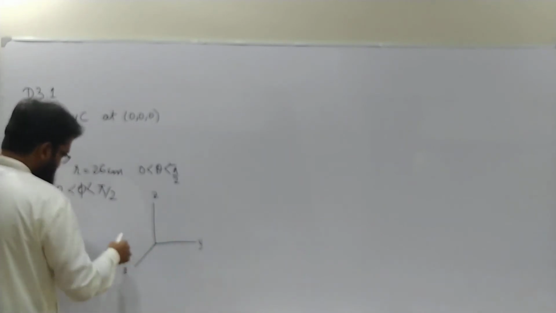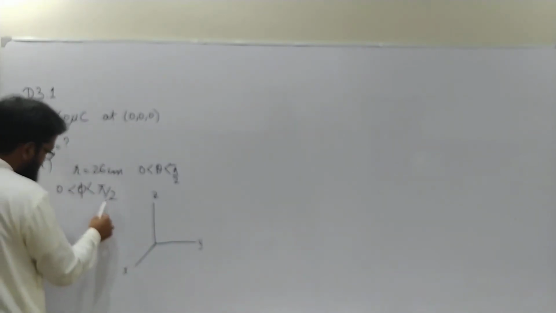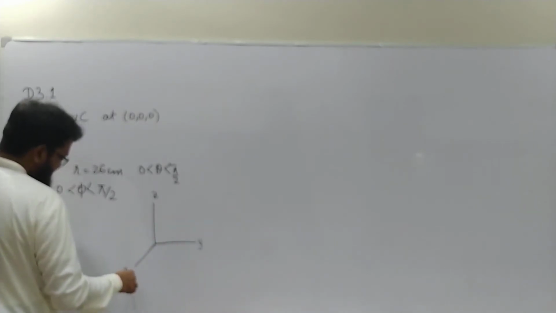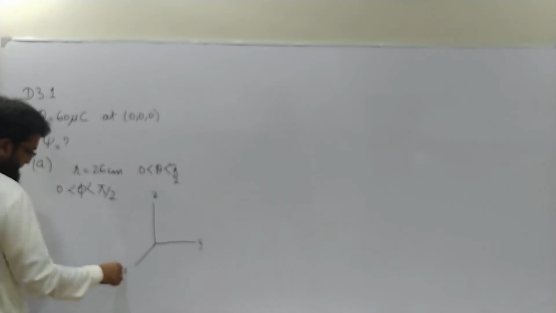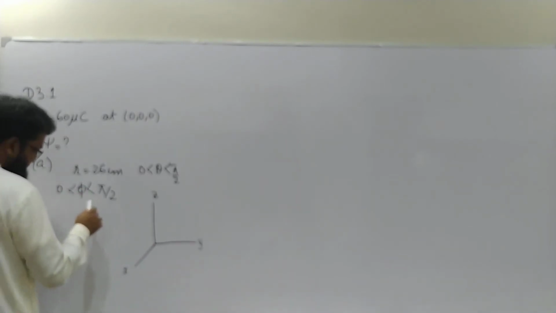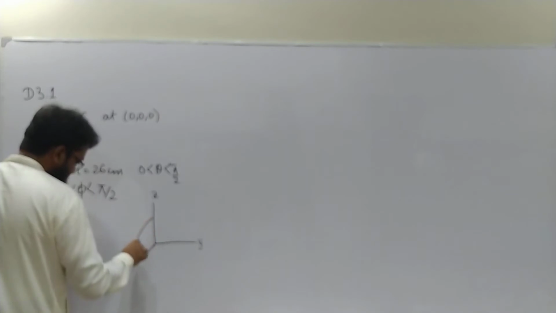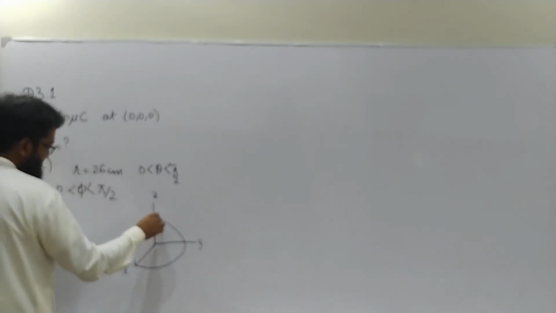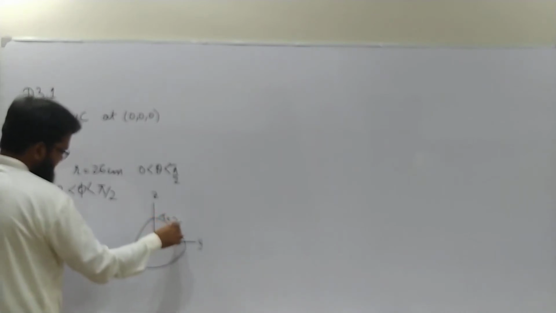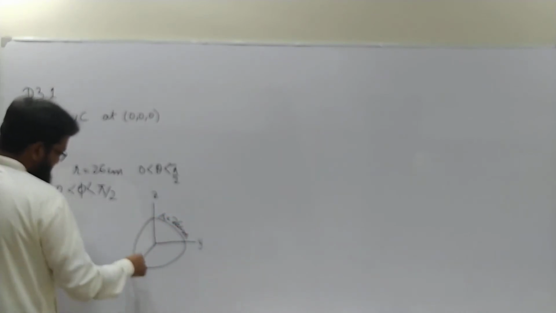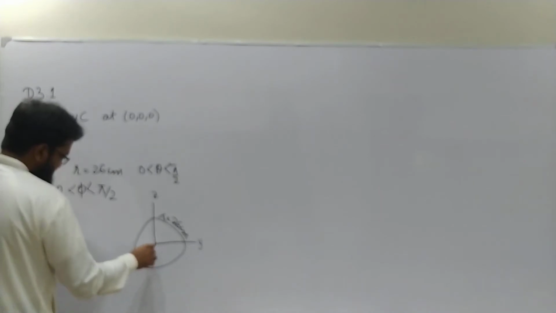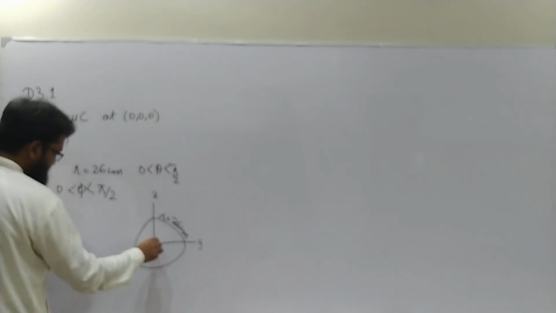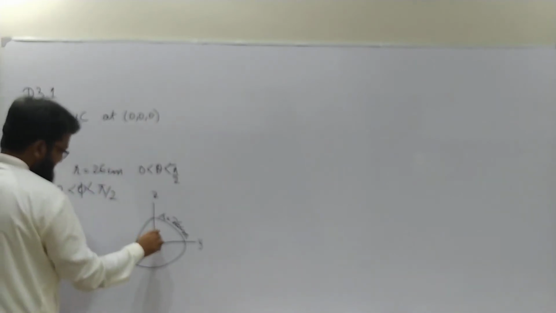Since phi is from 0 to pi by 2, we are not interested in the whole of the xy plane, rather that portion of the xy plane where values of phi are from 0 to pi by 2. So this is the portion of the sphere r equals 26 centimeters through which the quantity of flux which is passing, we are interested in that quantity, and this charge 60 microcoulombs